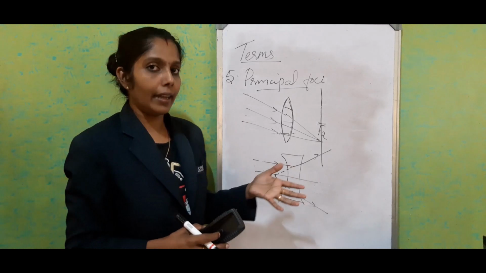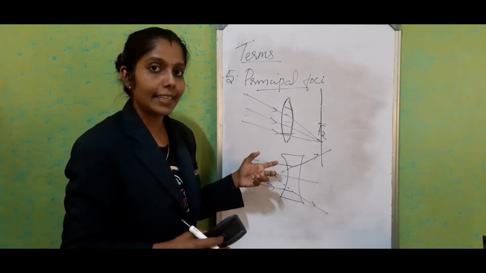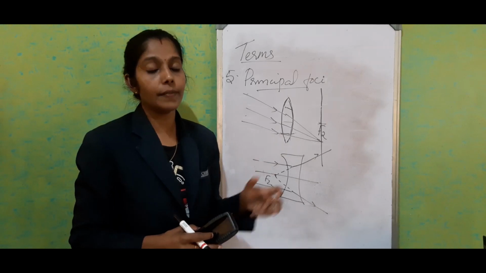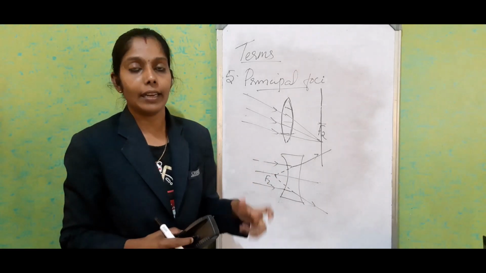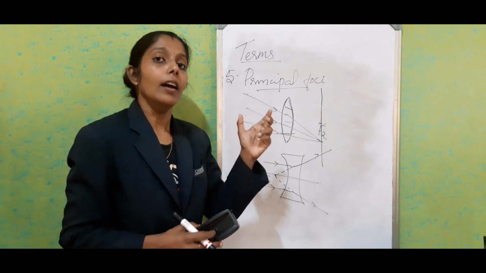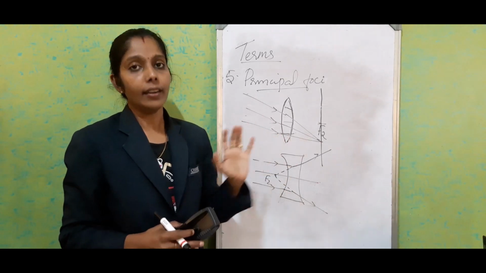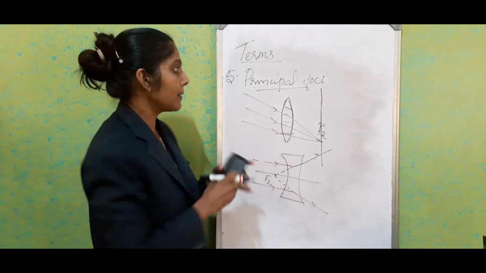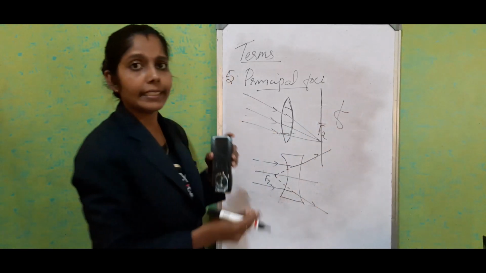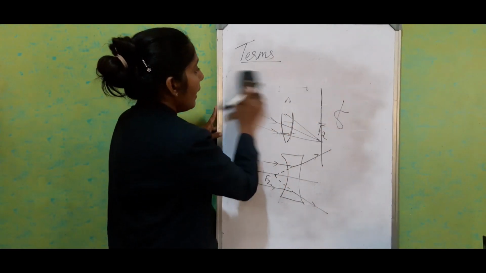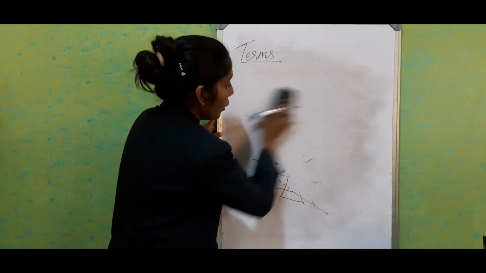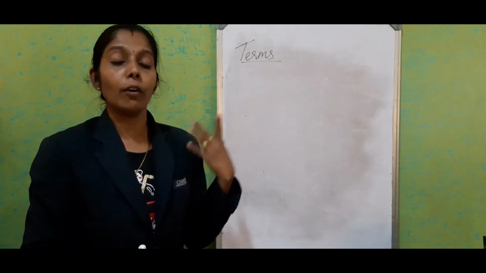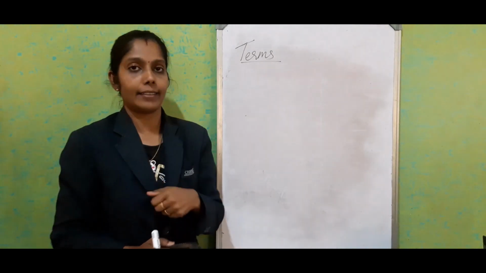And focal length. What is focal length? The distance between the optic center to the focal point. Second focus, we used to consider it as focal length. The distance between the optic center to the second focus is called focal length, and it's represented by the letter F. Okay. And we know that some cases the focal length or focus point, focal length depends upon two factors.